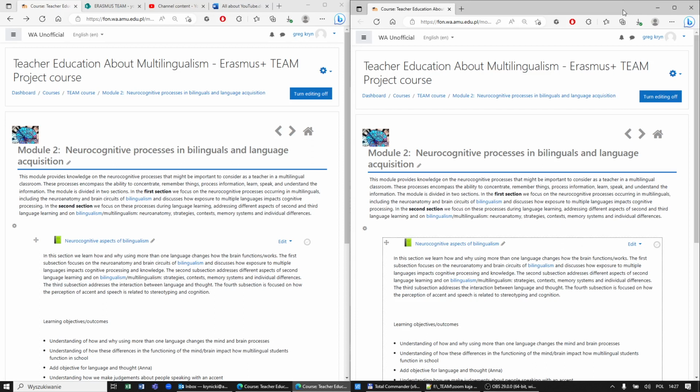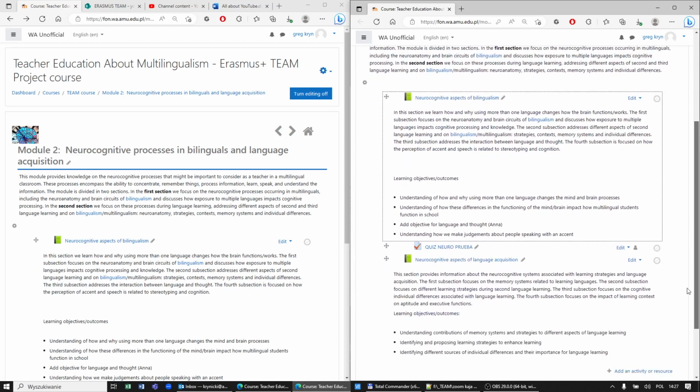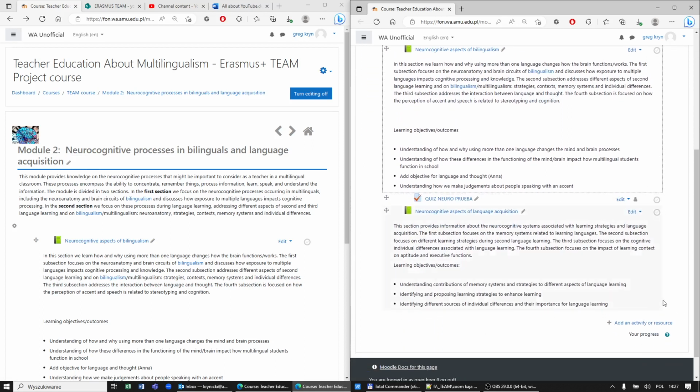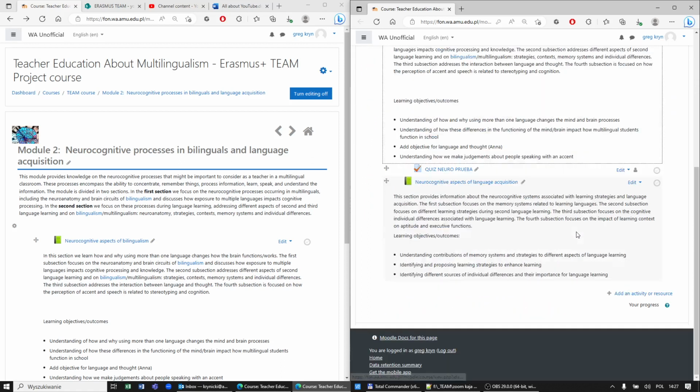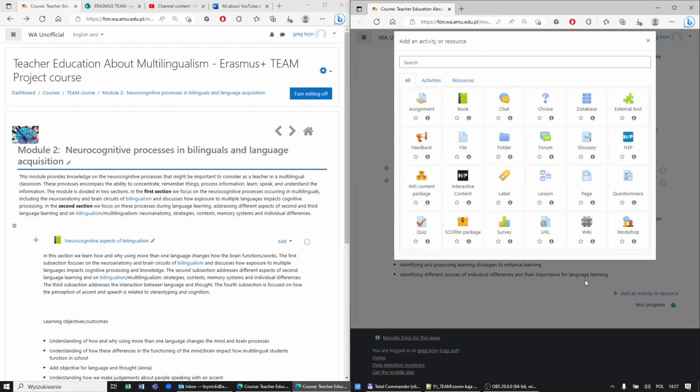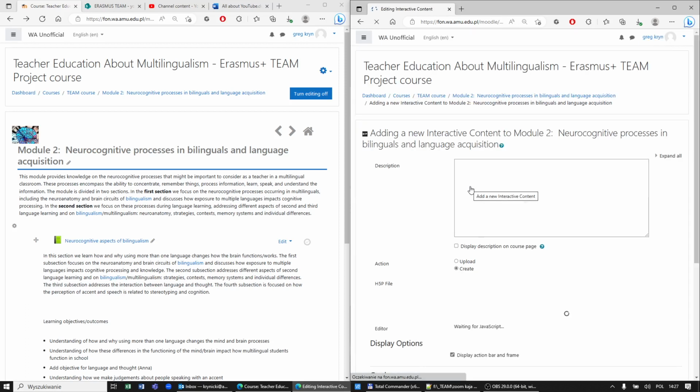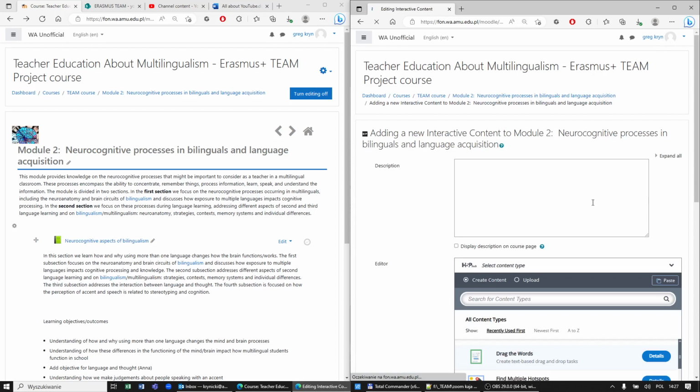In this video we will try to translate Moodle book module 2 into the same content but in the form of an H5P interactive book. We have to make sure that the editing is turned on, and we just add an activity from the set of activities. We choose H5P interactive content, the black icon,